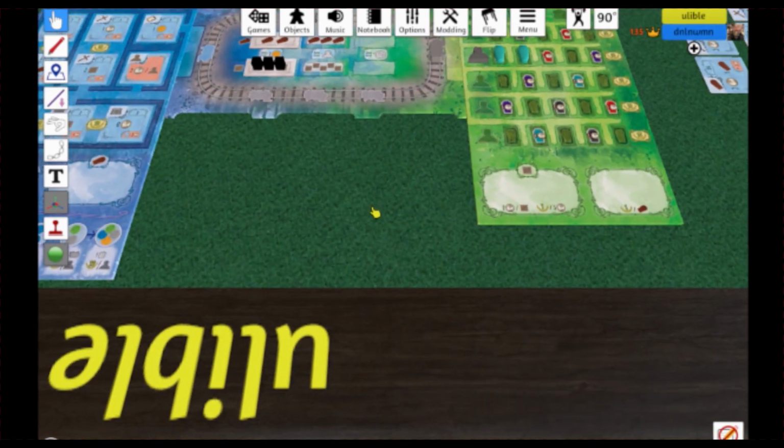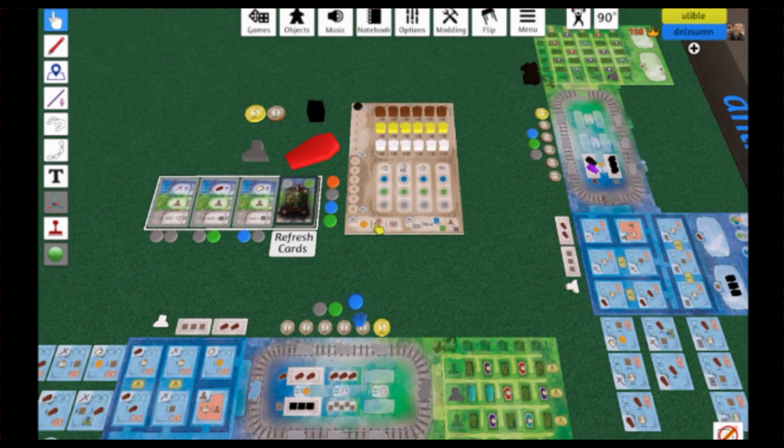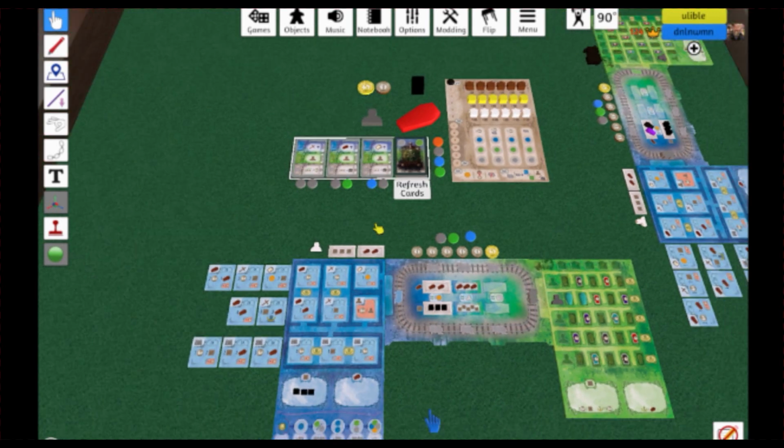You also have these bonus spaces you can spend discs on to get, as part of like a free action. Once per game you can put a blue disc here and take 2 coins. Now nobody else can put a blue disc there to get those 2 coins. So what's interesting is these action discs actually become their own resource as well in the game. You have to moderate those. You start with 3, you'll get 2 a return, but you could spend up to 5 on a turn